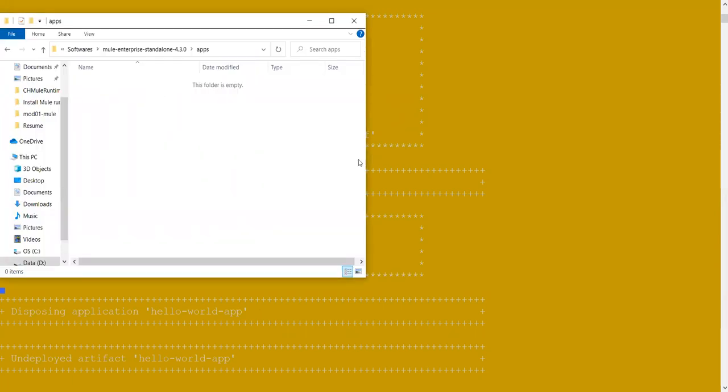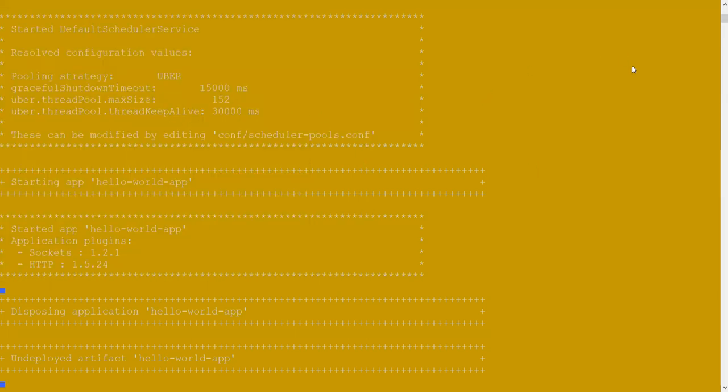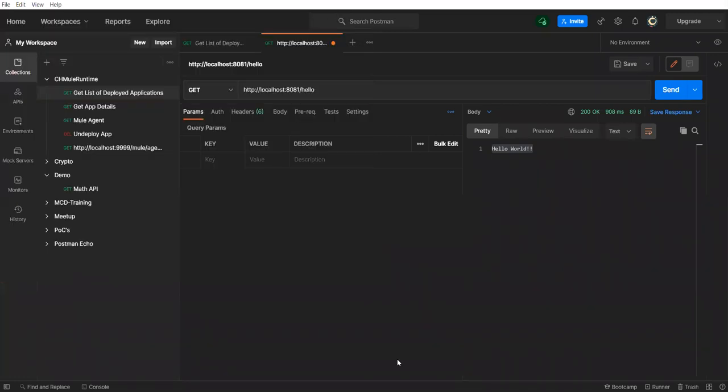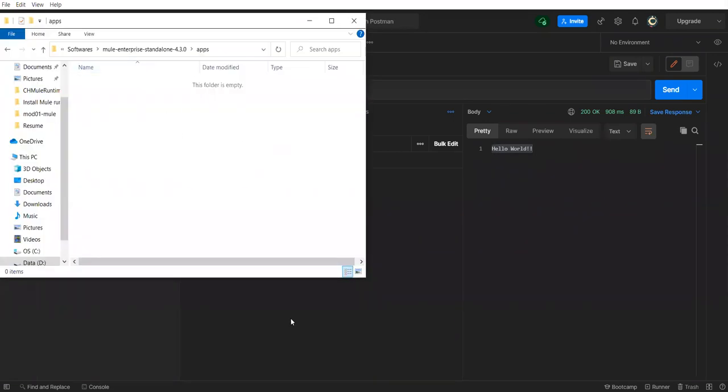Okay, so this is via console we are managing, right? What is the problem with the console? If I close this command line, then you're gone. If I just close this window, I won't be able to deploy anything here.